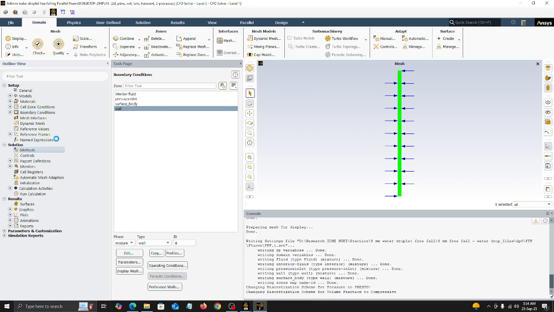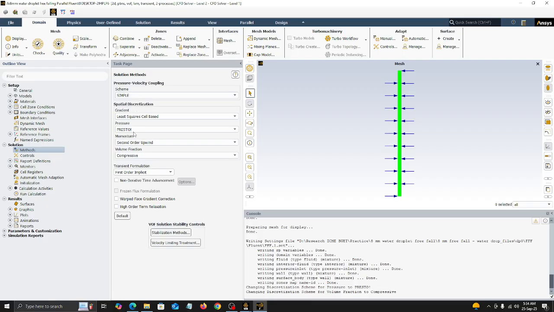So we'll go to methods. For the method, we will use SIMPLE. You can do trial and error for choosing methods and solvers for your case. You just need to do some study before starting your case. Here we are using volume fraction compressive, and now we'll move on to